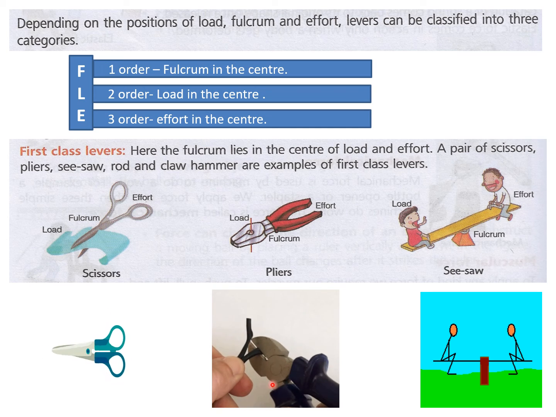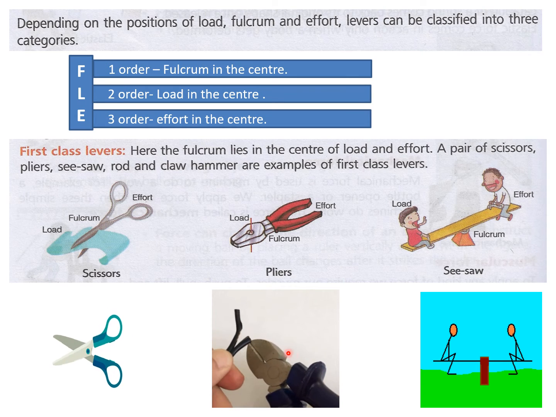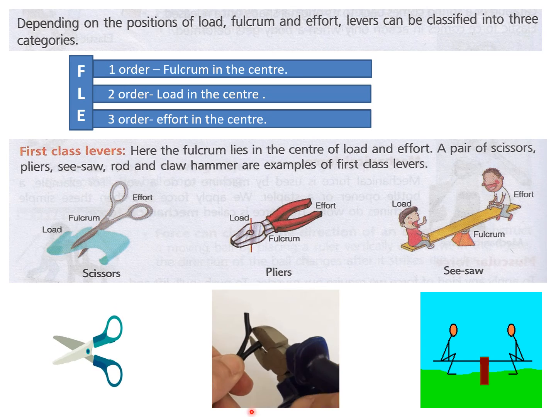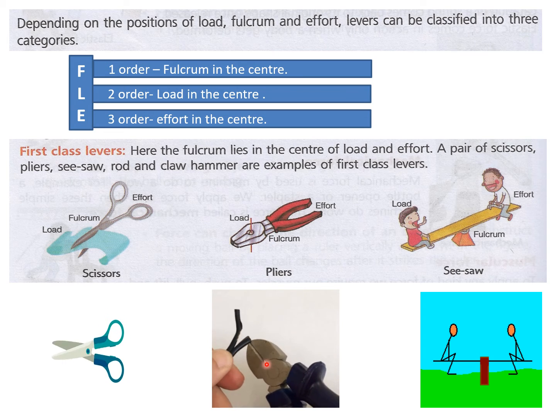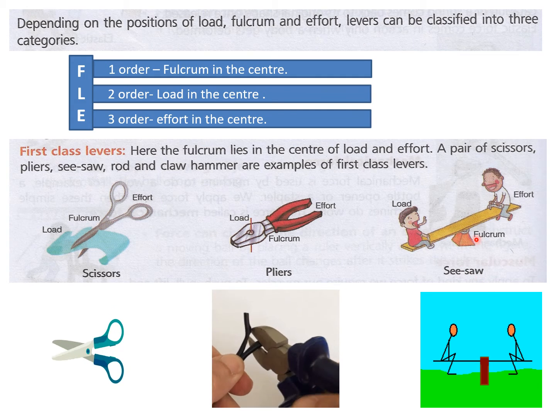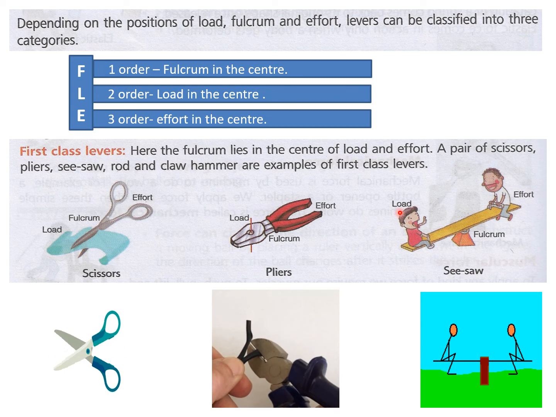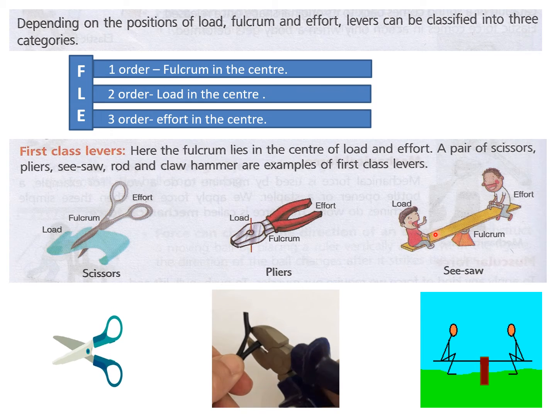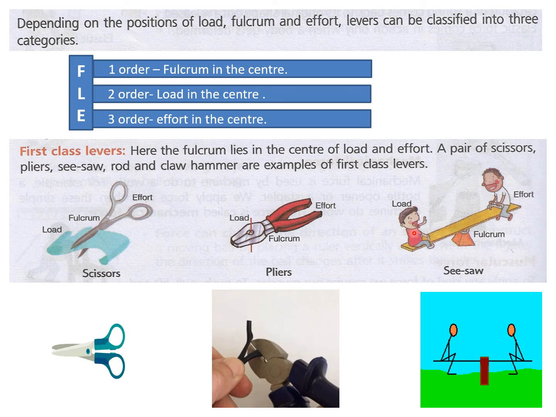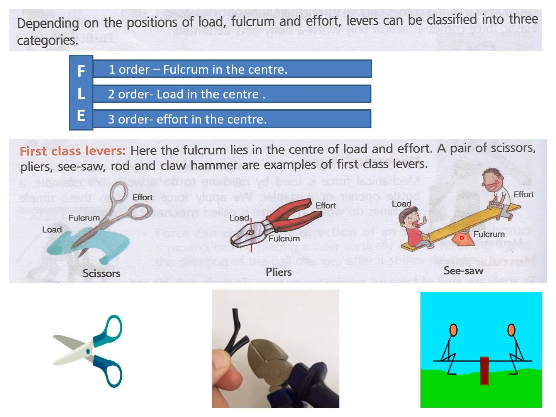Then pliers. You can see there is this screw, this is the fulcrum. Around this, these two rods are moving, one this side, one this side. So they both are moving, and the plier works on this, and it is a class 1 lever. Then the seesaw also: the fulcrum is in the center, effort on one side and load on the other. Effort can be this side also. When this boy is pulling down, this is effort, this is load. So these keep changing, but the center point should remain the same, that is the fulcrum. Then only this is a class 1 lever.